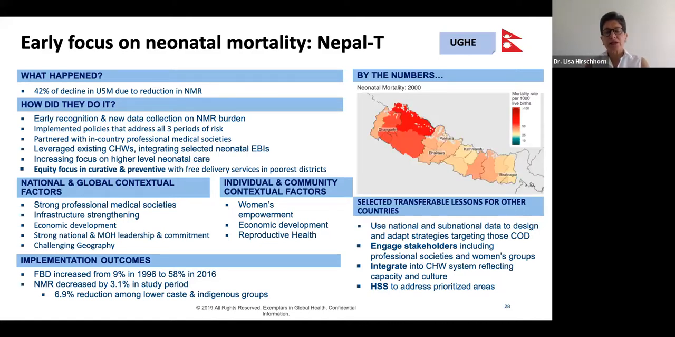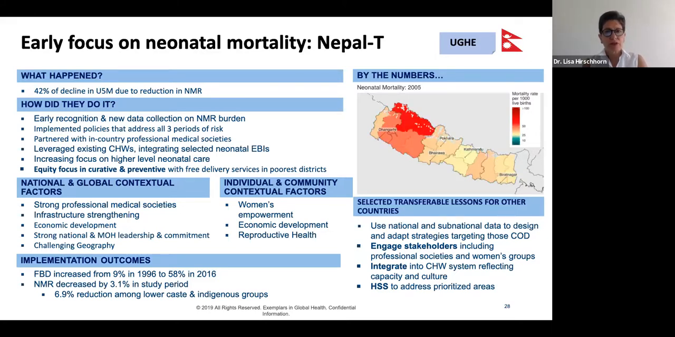Again, early recognition, earlier than most of the other countries, that neonatal mortality was going to be a problem, and they implemented new data collection. They implemented policies that addressed all 3 periods of risk for the baby: antenatal, perinatal, and postnatal. They leveraged their existing community health workers, the very famed female community health volunteers, to integrate selected neonatal evidence-based interventions, and increasing focus on higher level neonatal care. So you needed to look across the spectrum, and a clear equity focus on the curative and preventative with, for